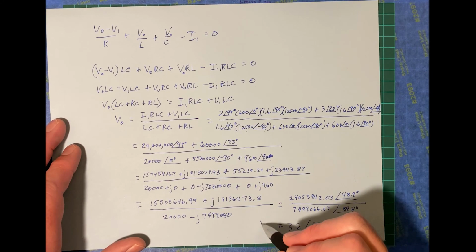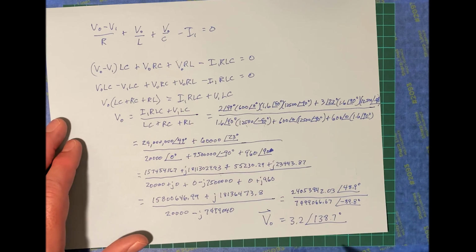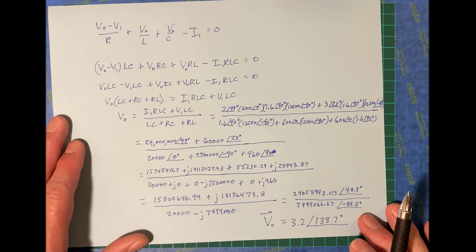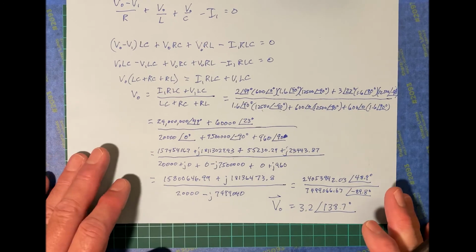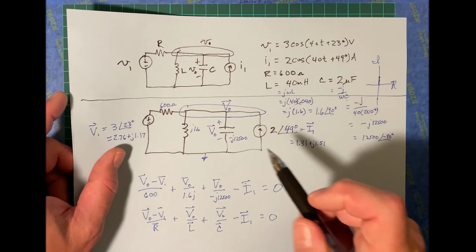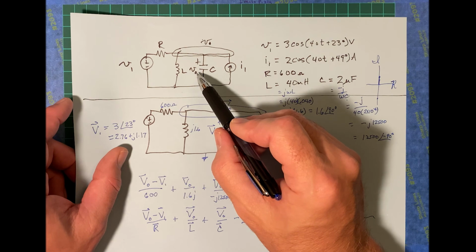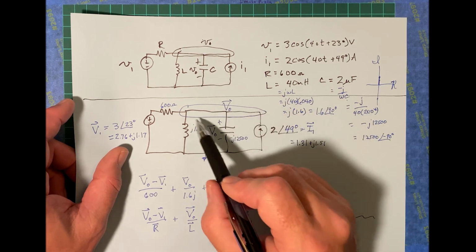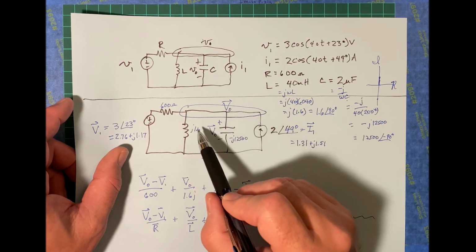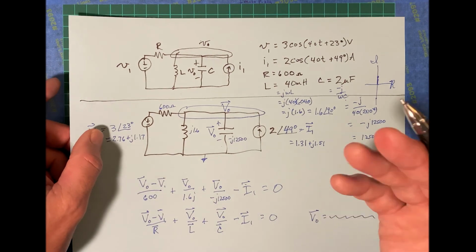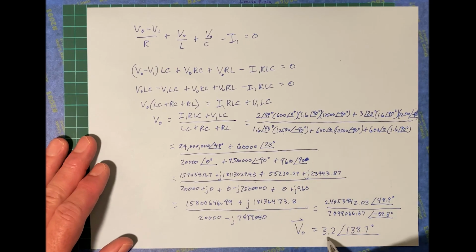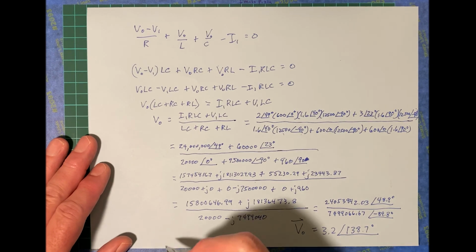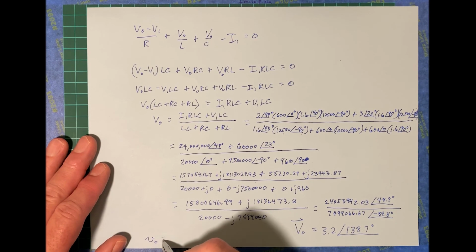Okay, this is our V naught. Assuming I didn't make an algebra mistake somewhere along the way, that's our V naught right there. Now we still haven't solved the problem, because the problem was to find this V naught in the time domain. We found phasor V naught in the frequency domain. So all we need to do is convert back, and that's pretty straightforward. This is the amplitude and that's the phase angle. So our V naught is going to be